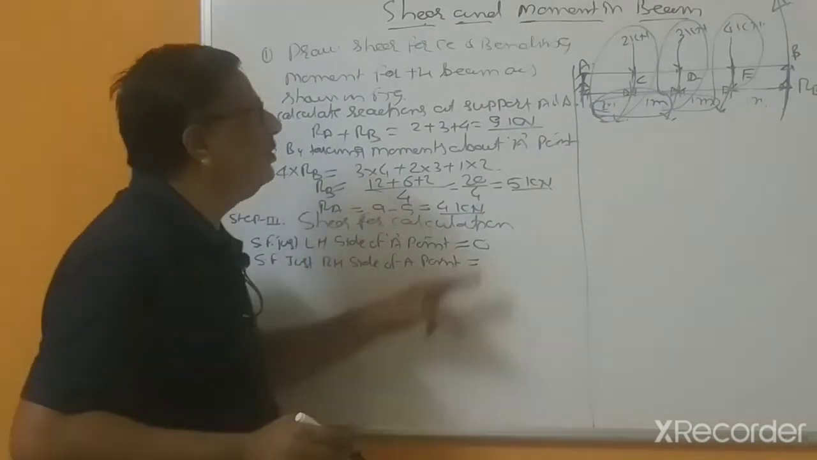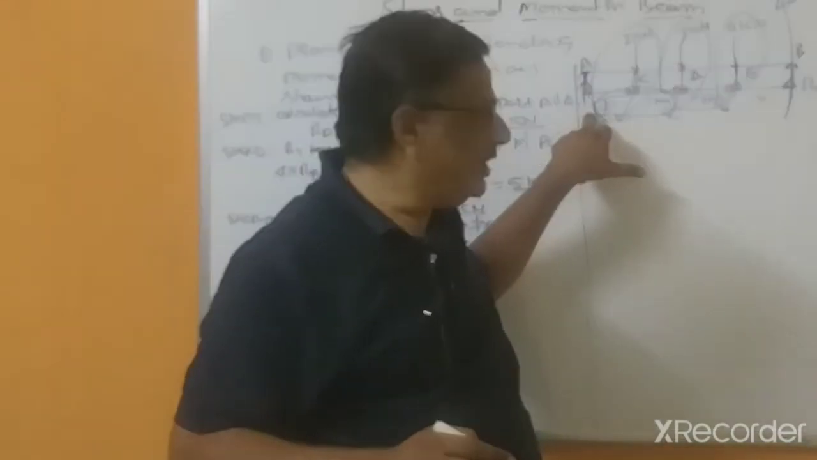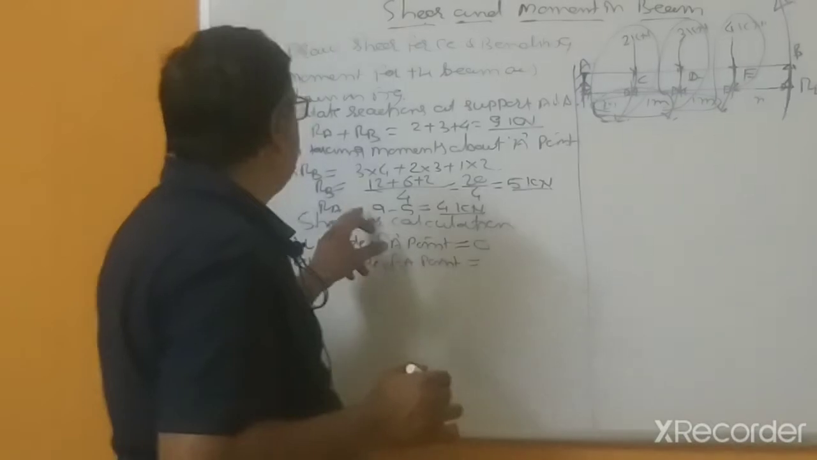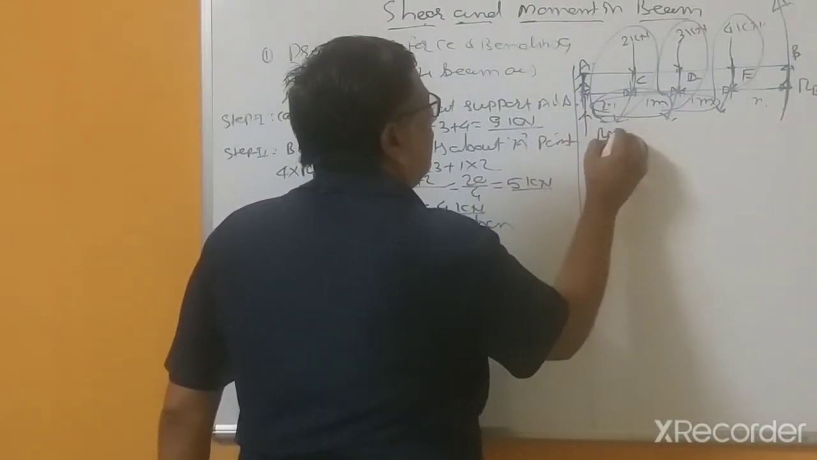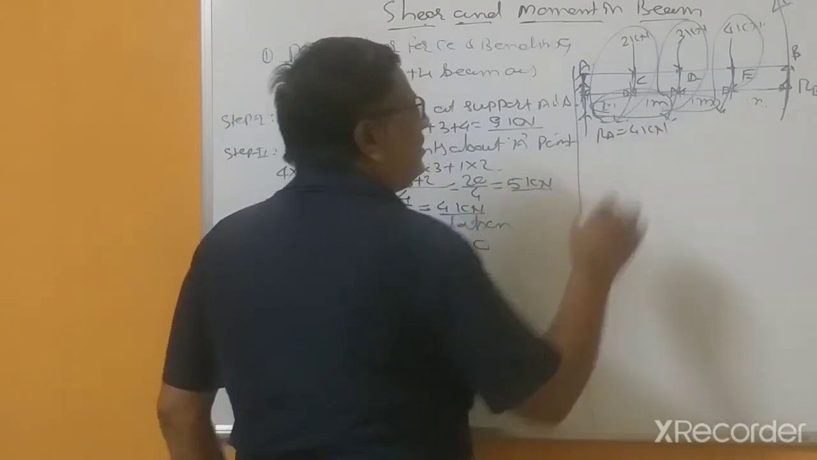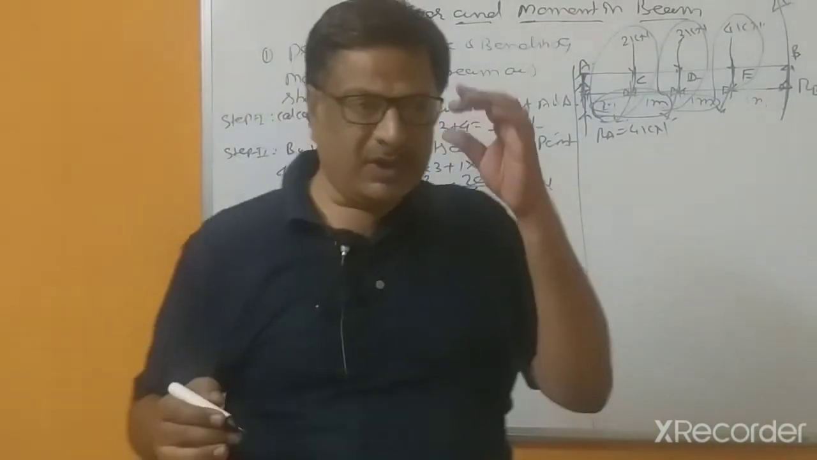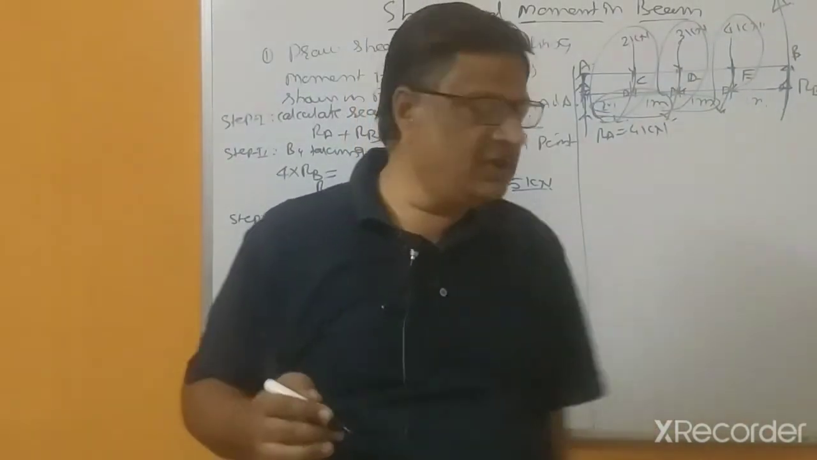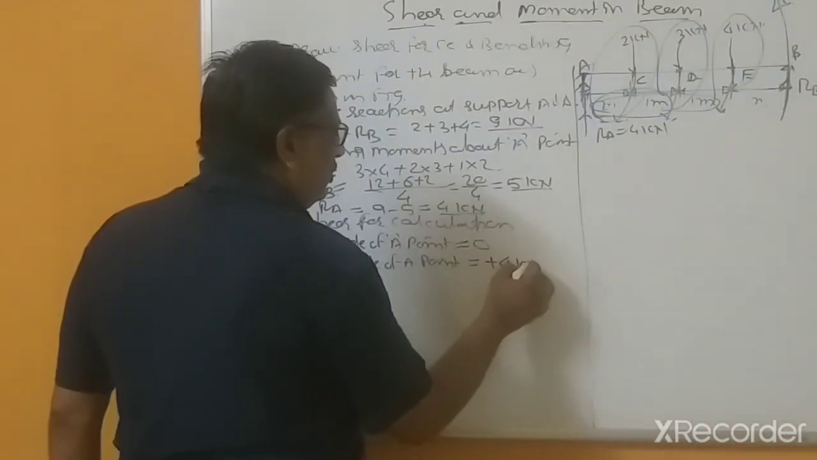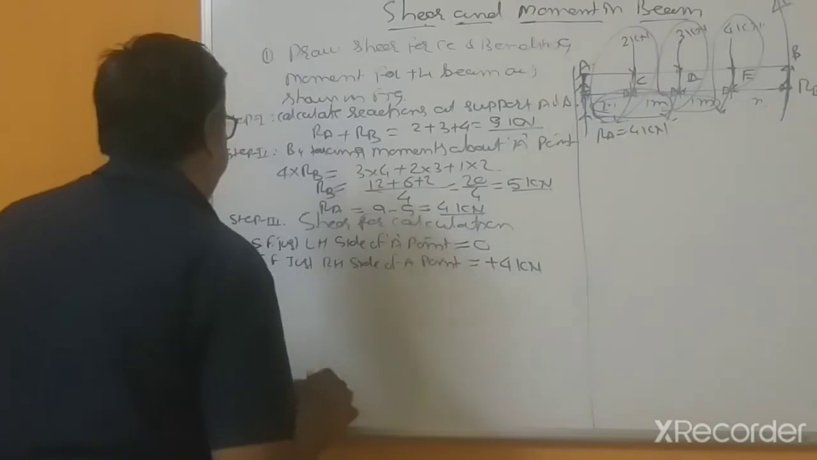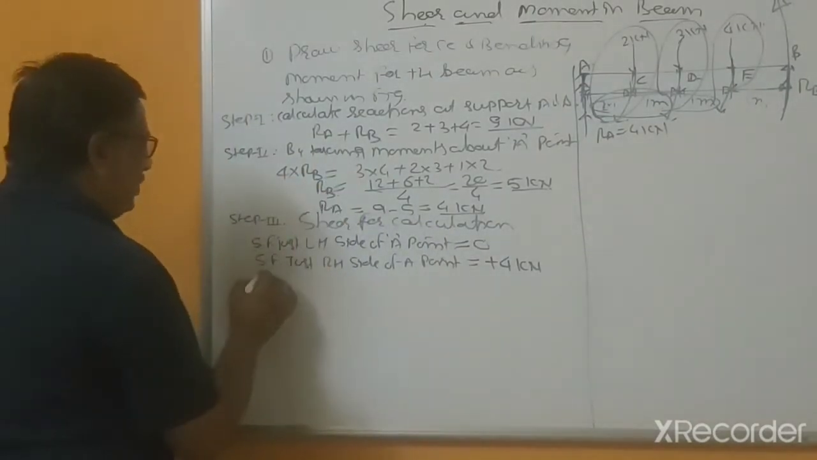and this is equal to, now this reaction that is to be considered, RA equal to 4 kilonewtons. This is an upward force, and as per our assumptions upward force is positive, so that's why this is positive 4 kilonewtons. Next, now shear force